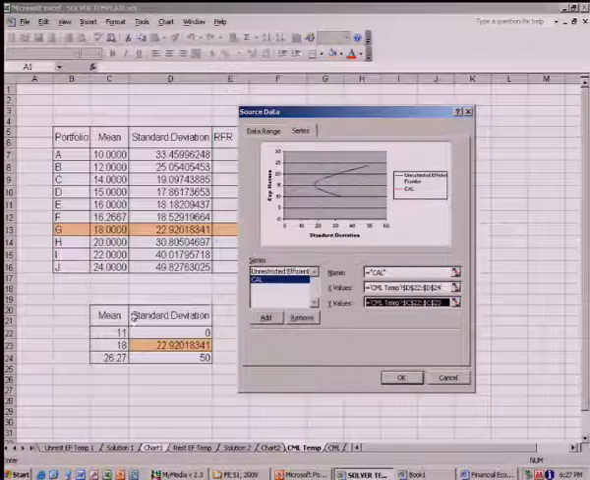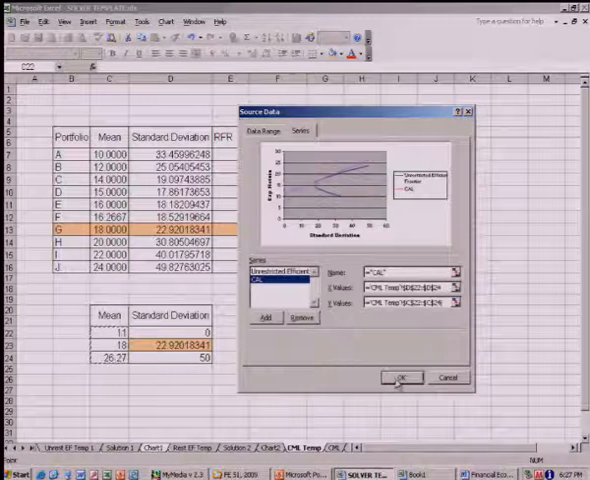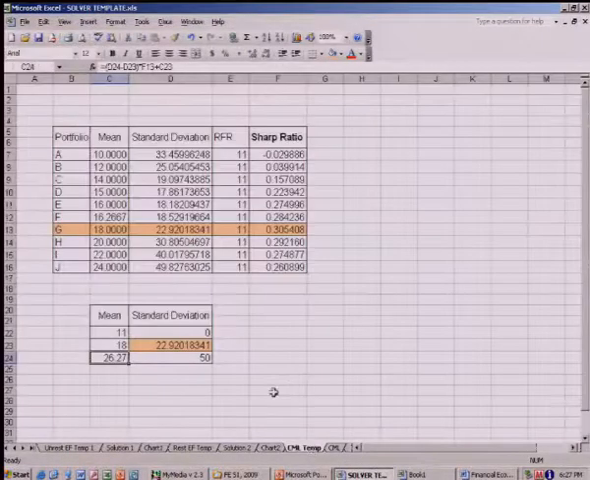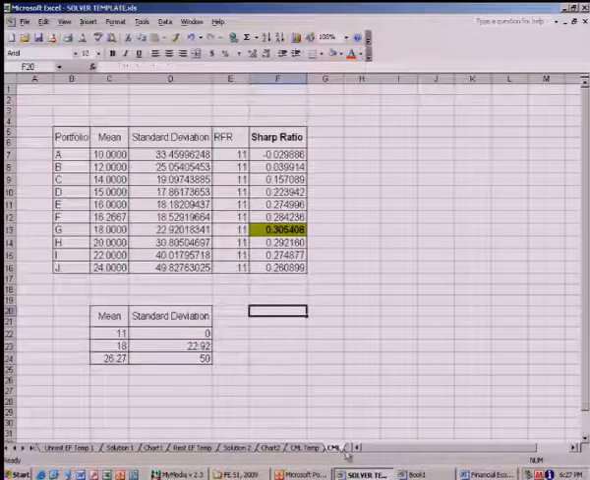And then I can do as well for the Y values, select all the three, and if I go back to my chart, you can see it's got me a nice capital allocation line. Okay? So that was the purpose of that. Once you have found the capital asset allocation line,